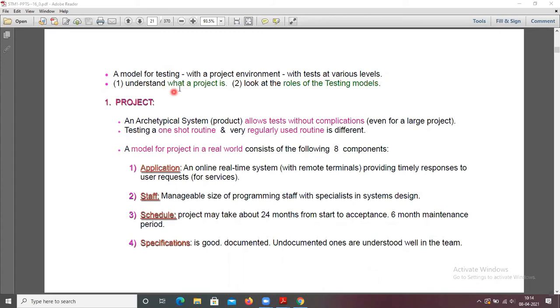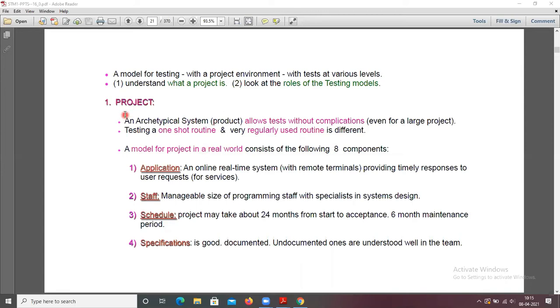First we understand what a project is. Second, we look at the roles of the testing models. So when we want to know how you can model the testing, it is model for testing with a project environment with tests at various levels. First we understand what a project is, and then look at the roles of the testing models.